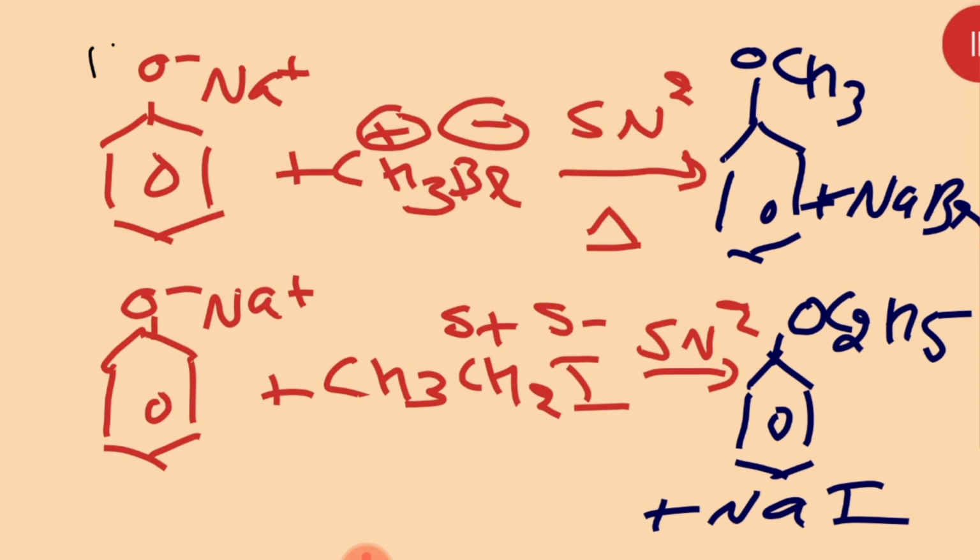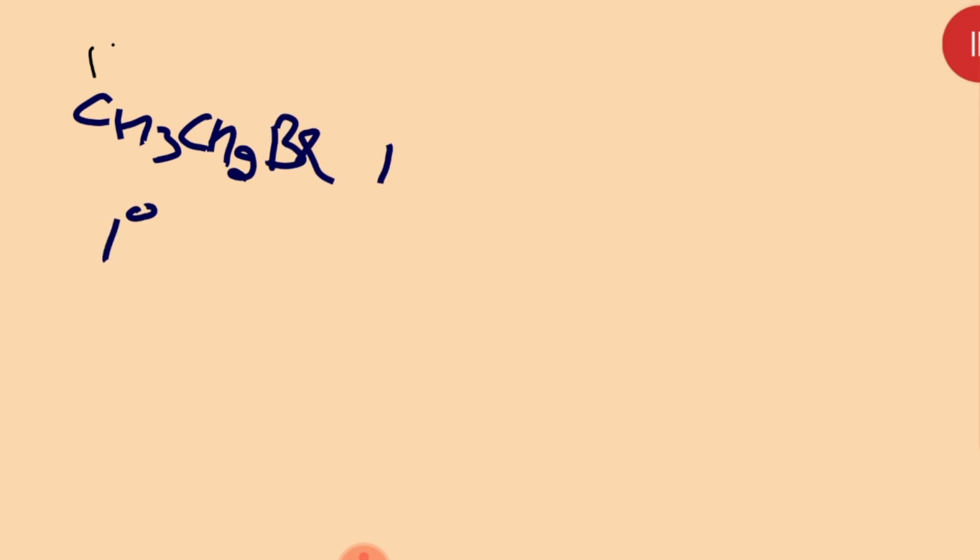But student, this Williamson synthesis reaction has some limitations also. As an alkyl halide, we know primary is more reactive than secondary, then tertiary. Then what is going to happen over there? Suppose I am writing this one only, CH3CH2Br. It is a primary alkyl halide. Okay, now I am writing